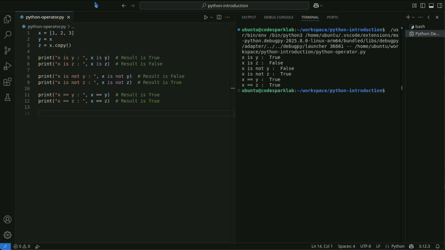In Python, you use the isinstance function to check if a value is of a specific type. You can also use the type function to check the exact type of a variable. Although these are not operators, they are basic mechanisms for type checking.